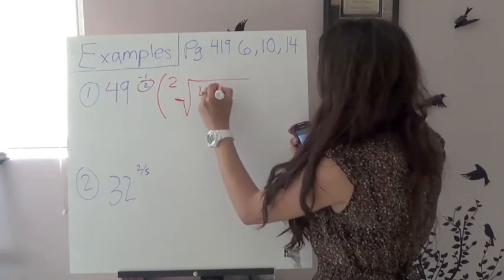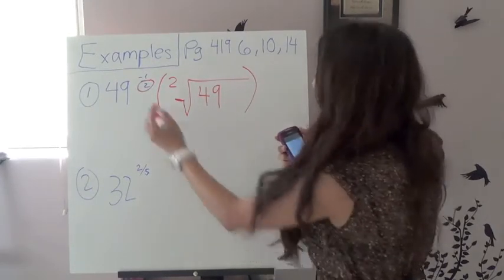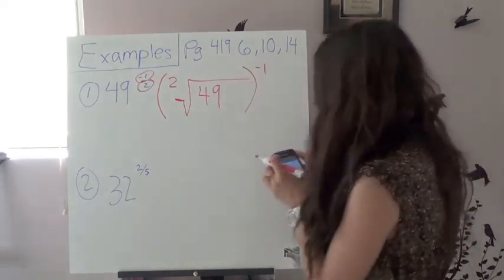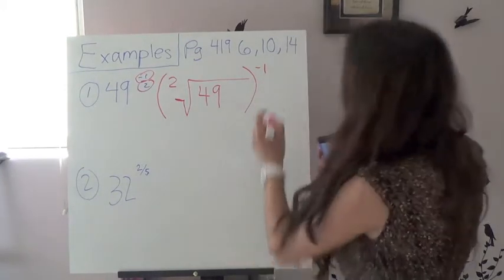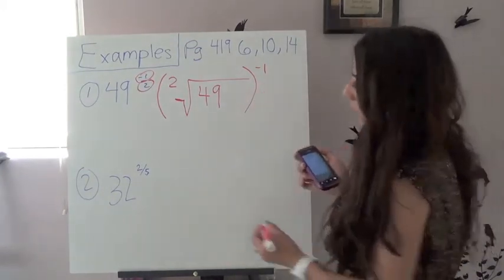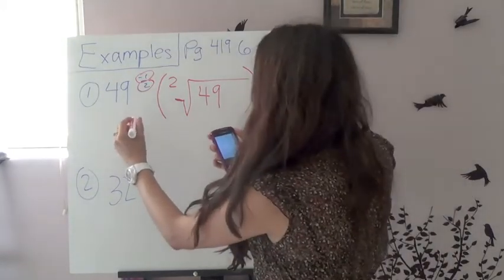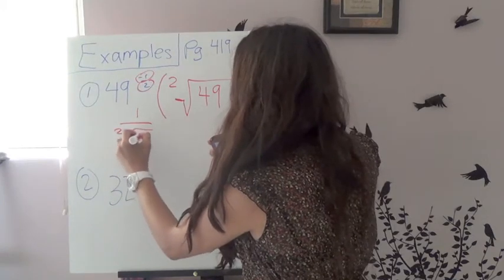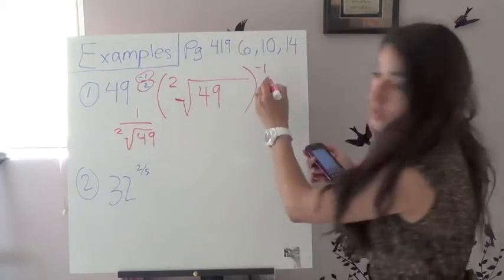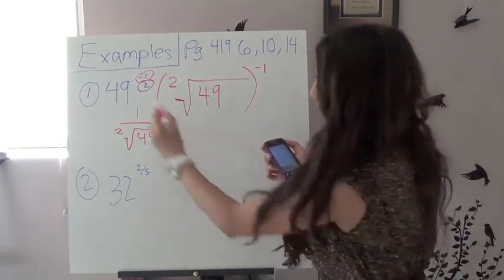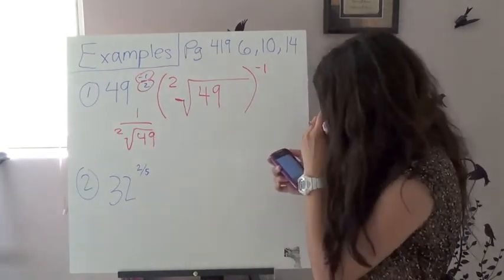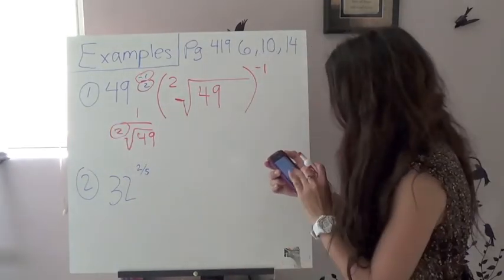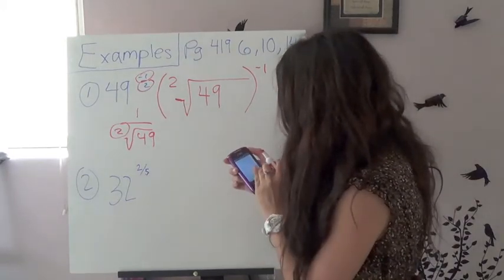49, and your numerator goes on the outside. But since there's a negative here, we have to change that into a fraction, so that you can take the negative away. Here's your fraction. And you're always going to keep that 2 there. This is your index. Okay, so after you do that,